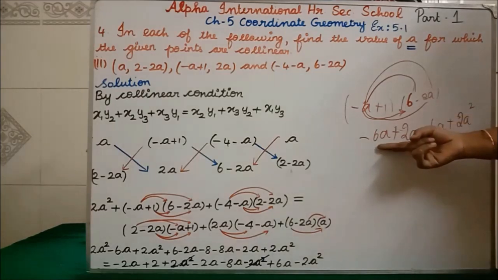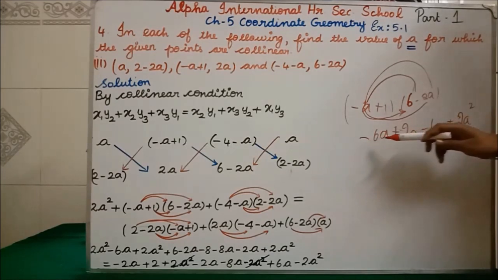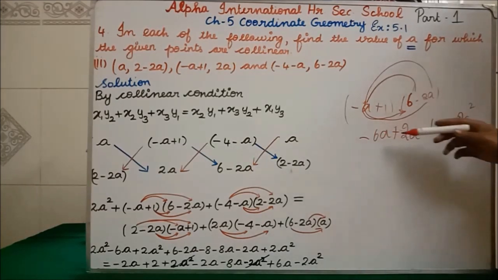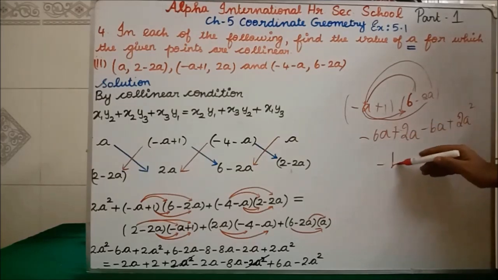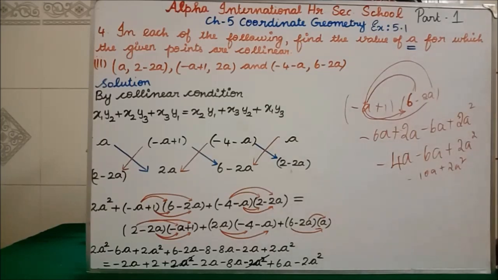Now here minus 6a, here minus 6a, here plus 2a. What we will get? This first minus plus, if you simplify, what we will get? Minus 4a minus 6a plus 2a square we will get. The next step what we will get? Minus 10a plus 2a square. Like that the same format only I am simplifying here. Clear? The same, remaining everything I am going to do in the same format only. Now I will explain, you see. Binomial into binomial means you have to put the arrow mark and then only you have to solve.